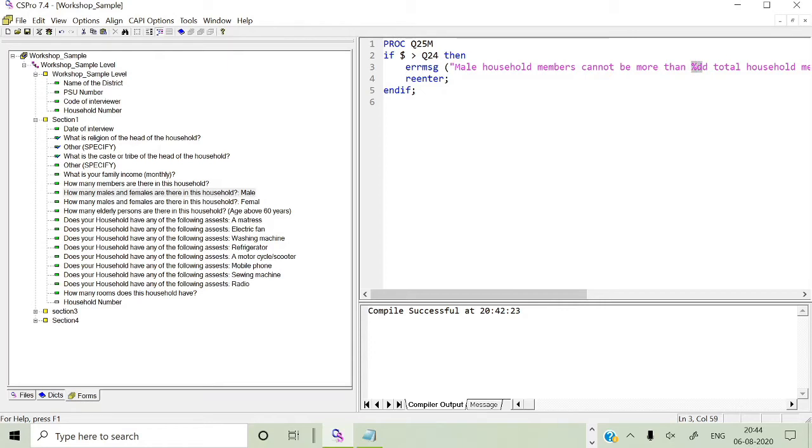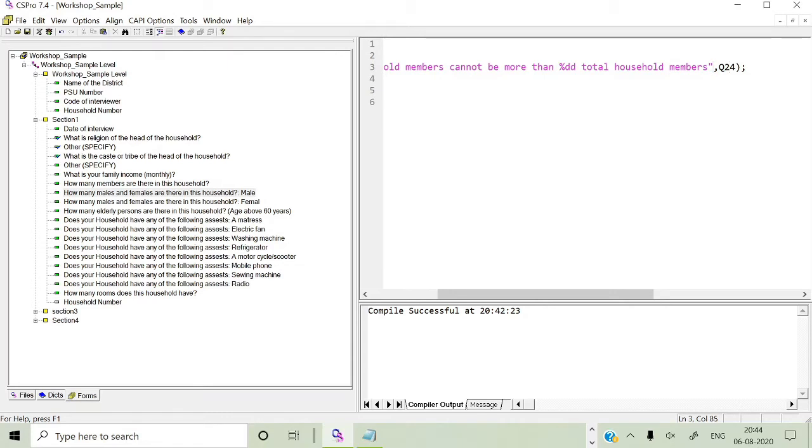If you declare this, the message becomes: male member cannot be more than total members, and whatever the Q24 total member value is will be displayed here. Then you have to declare, after a comma, Q24, which is the variable it is going to be.